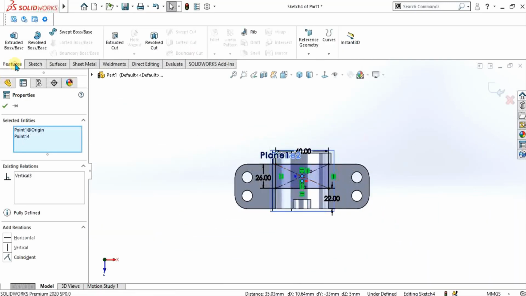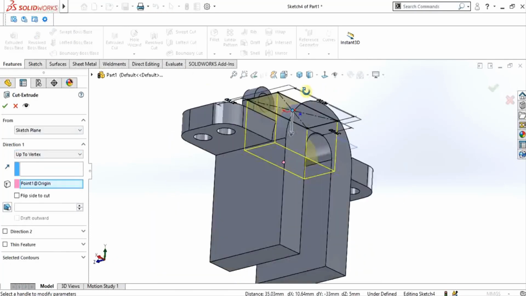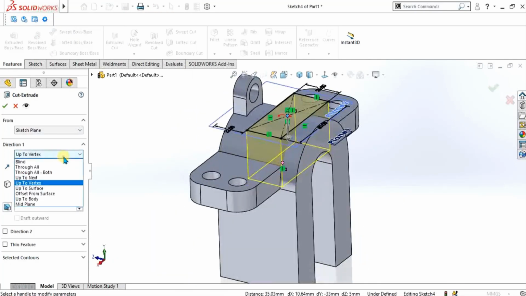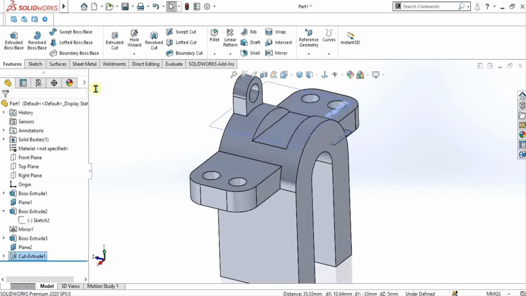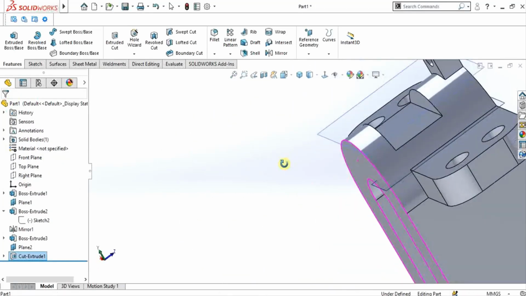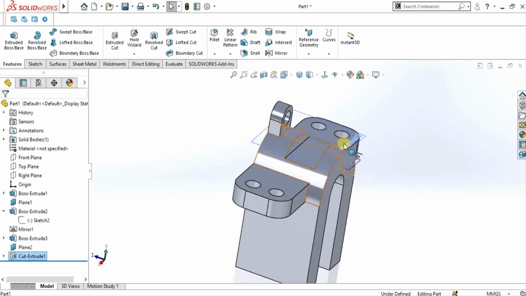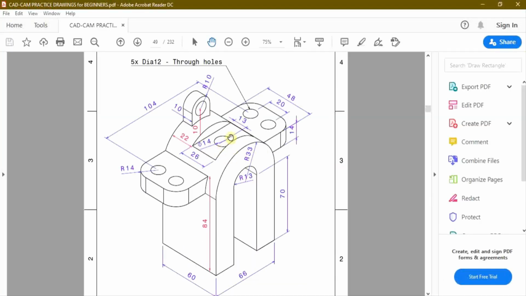Now go to features, select extrude cut from here. Give the cut value of 10 mm. Select OK. Now you can see our cut feature has been made. Now what we will do is simply make the inner circle which is of dia 14.